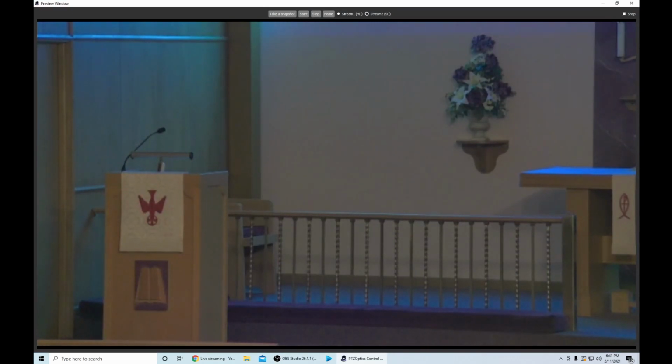It will take you to a preview of what the camera's seeing right now. Mine's on the lectern because it was the last shot used. So once you see this, or anything in the church, whatever it might be, you know our camera's connected. So to control our camera, and we'll test the control of our camera, you're going to use the